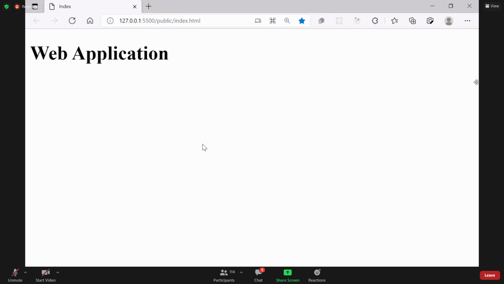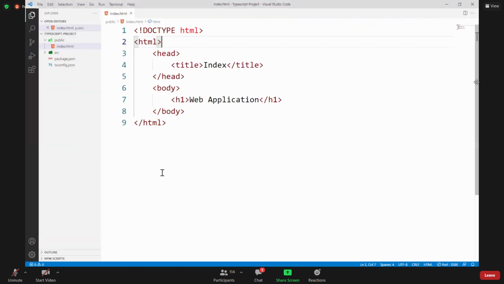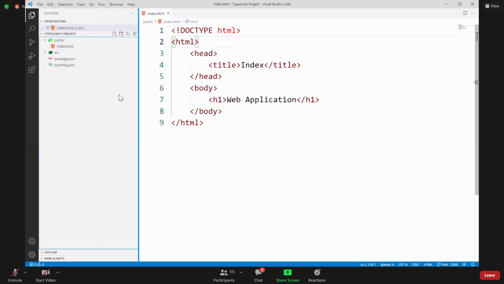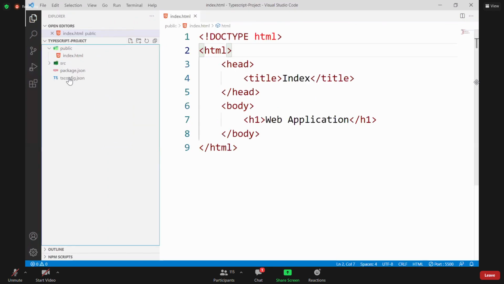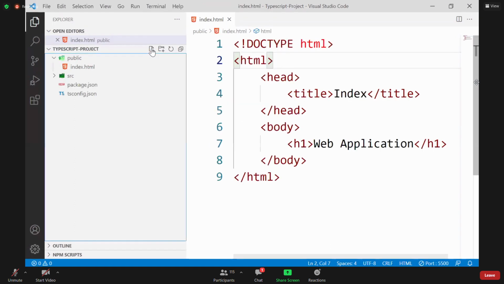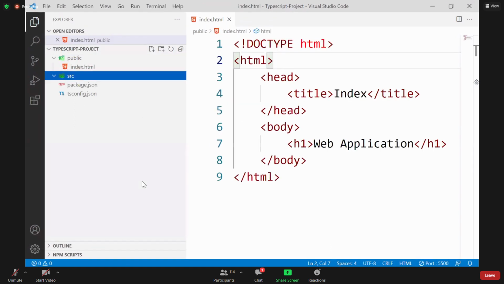See, now what we have to do is go to the SRC folder, and in that SRC folder add a new file, that is index.ts. TypeScript files must have the extension .ts.